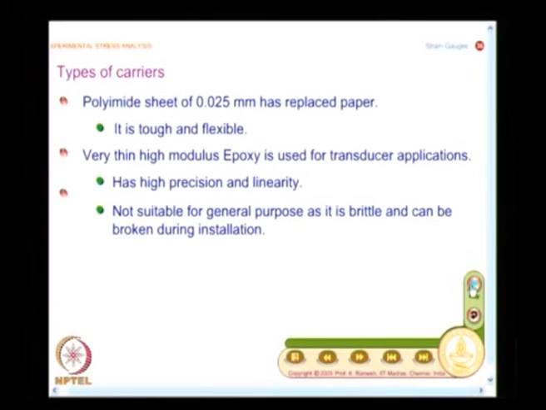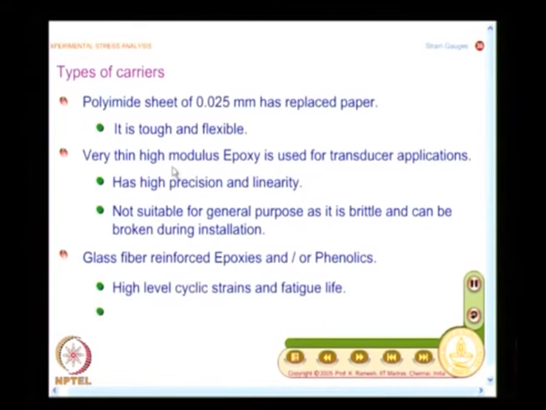The moment I go for transducer application, I need the strain gauge working for a very long length of time. So, I need a good backing and a good adhesive to bond, and since the accuracy involved in transducer application is very high, you need to go for a better carrier and better material, and the person will also be trained to handle it. So, he will know how to handle the epoxy carrier and bond it. In a general purpose application, you do not expect that, and it is also expensive. See, any special requirement you have, it is expensive.